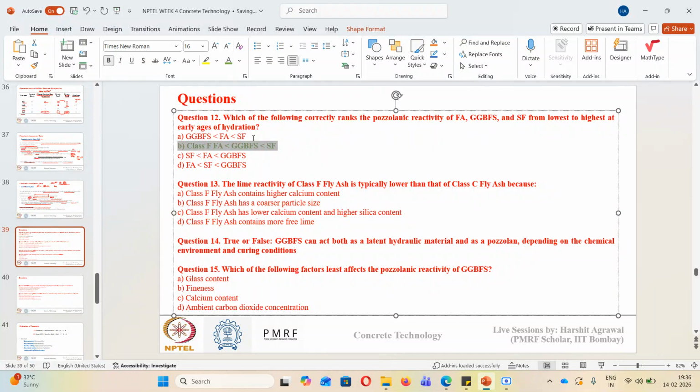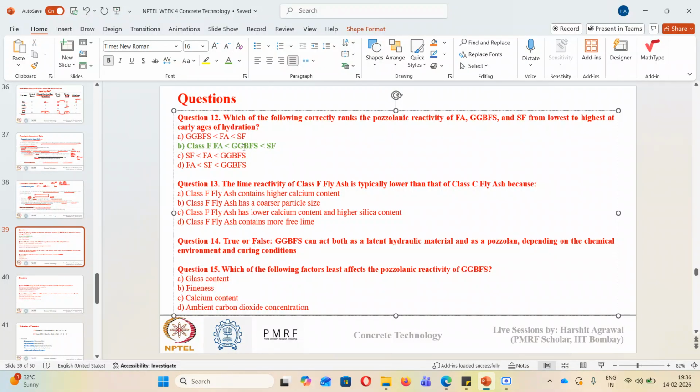Silica fume is the most reactive because it is 97 to 98% amorphous silica. It is there in its composition and it is very fine in nature. So that's why it is the most reactive. Now between slag and fly ash, we know